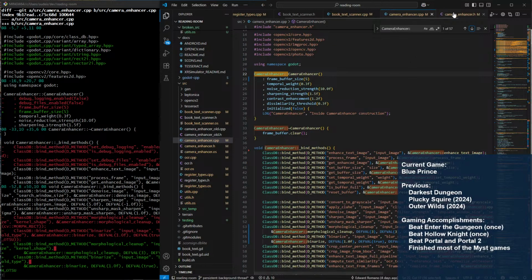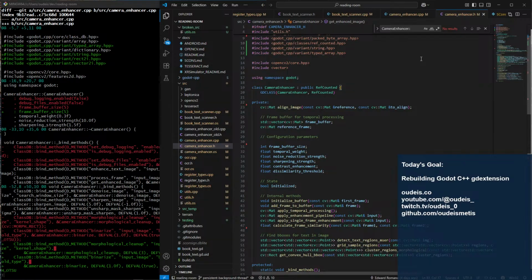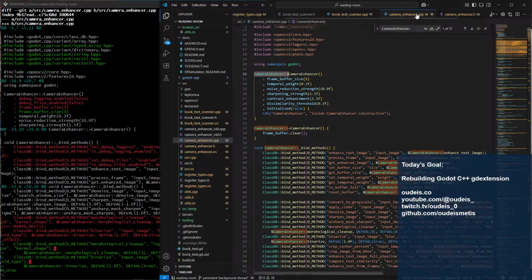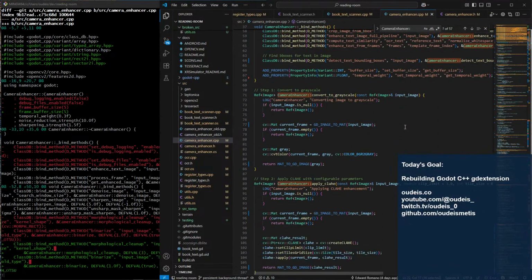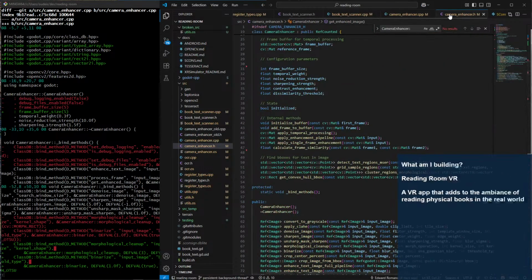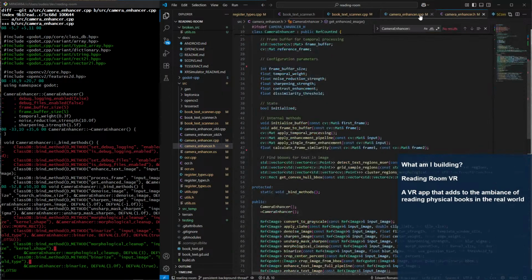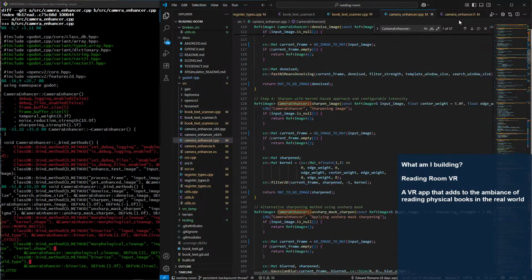Well, we have constructor, destructor. Is that true? Constructor, destructor, bind methods. Both of those. And then convert to grayscale. Apply CLAHE. Denoise. Sharpen.